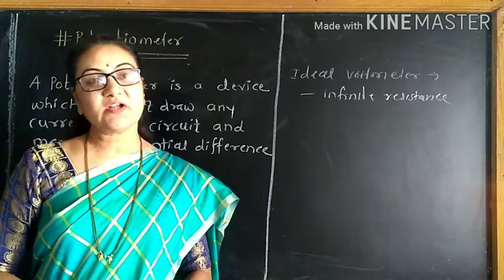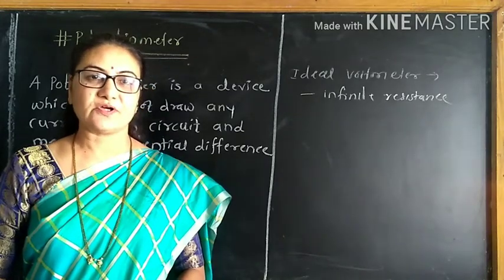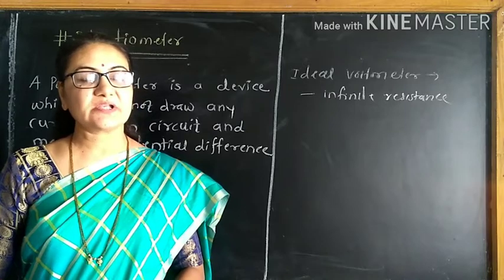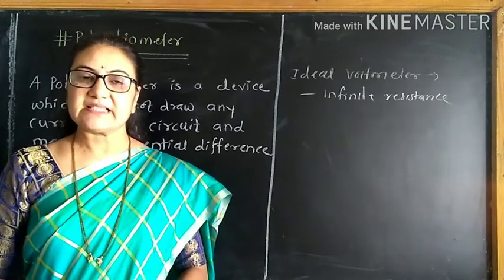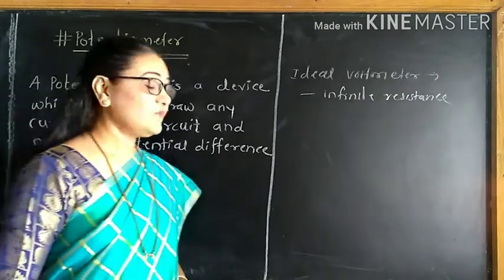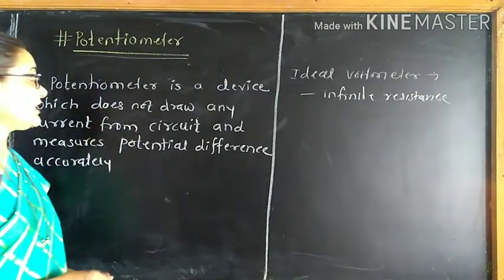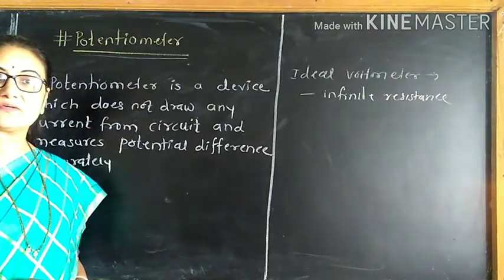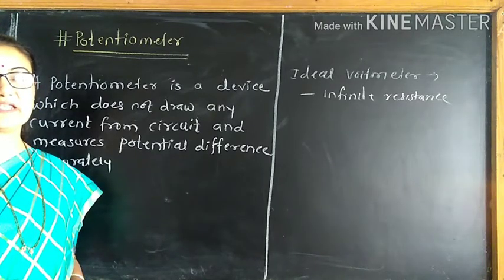A voltmeter cannot be designed to have infinite resistance, and therefore we can't measure accurate potential difference with the help of a voltmeter, because a certain current is drawn. But when we use a potentiometer, we can measure accurate potential difference between any 2